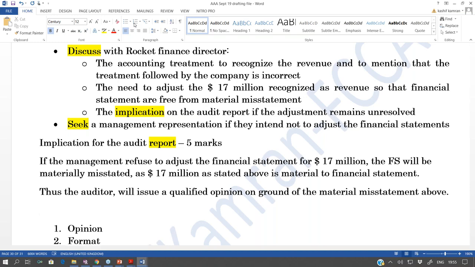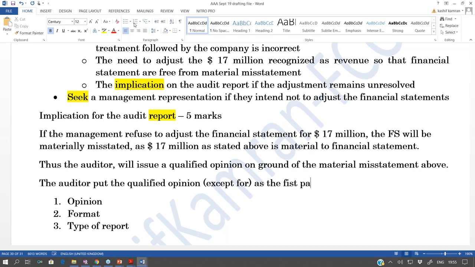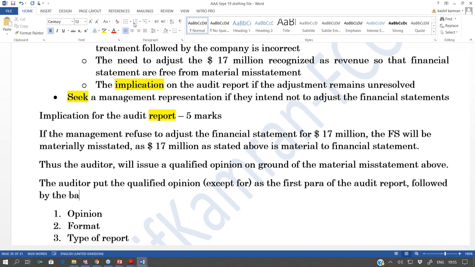Number 3, the auditor will put the qualified opinion, bracket, the except for opinion. The auditor will put the qualified opinion as the first para of the audit report, followed by the basis of qualified opinion,